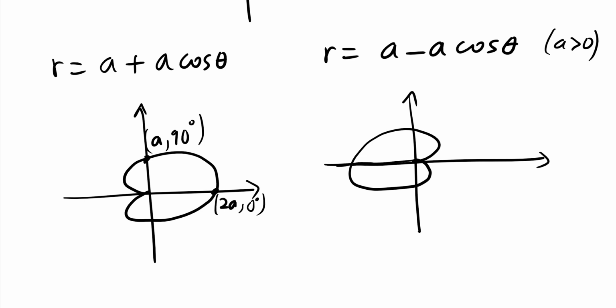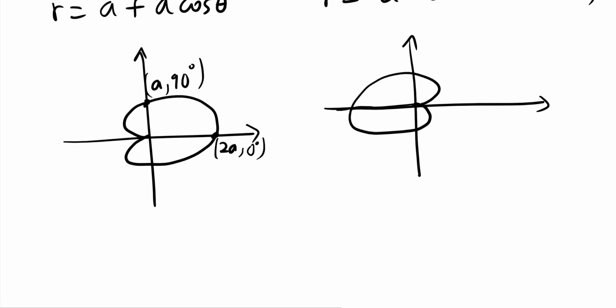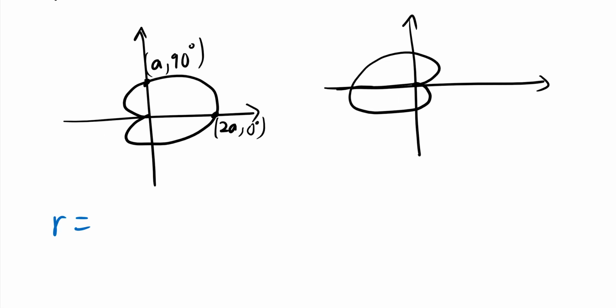So that's why it's going to be to the left. It's called a cardioid again. It's to the left because it's minus. So sine or cosine: sine is always up, down; cosine is right, left. So if you want to see, let's say y equals 1 plus sine theta, and then graph